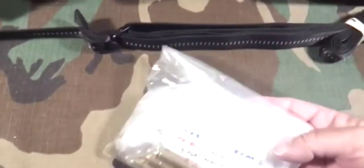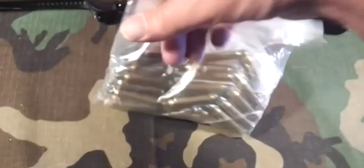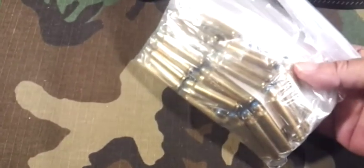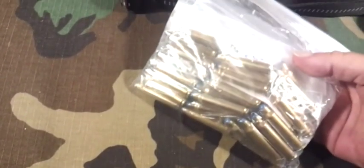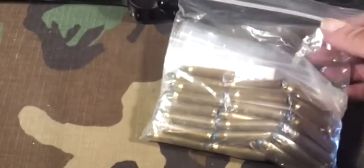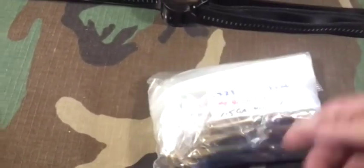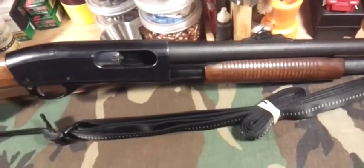So, more 223. Okay, this is number 4 buckshot, sized for 223, and I probably have 4 or 5 different loads in there to test. I'm not going to get to do these all in one shot. And then this one, this bag